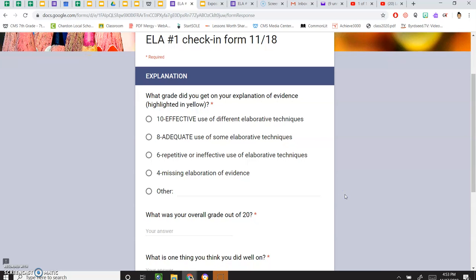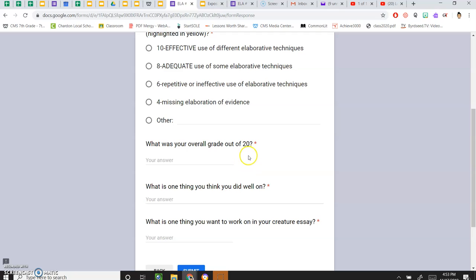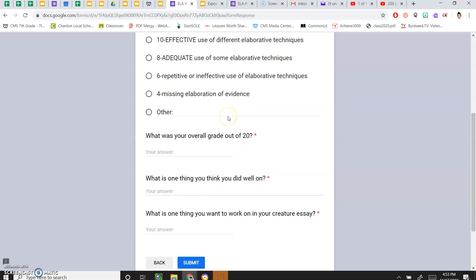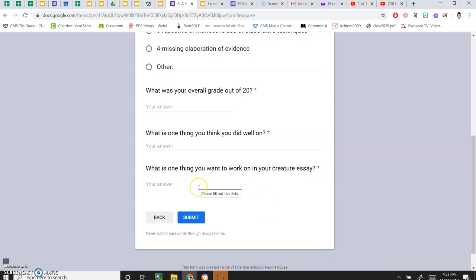So what I want you to think about now is, on the whole, what was your overall grade? So it's kind of an average of how you did on your claim, how you did on the transitions, your evidence, and your explanation, and you'll see your score out of 20 in the top right. I want you to think about one thing that you did very well in your writing, and then think about one thing that you want to focus on, and it would be something that maybe you scored lower on that you want to focus on in your creature essay. Because when you finish this and submit, make sure you submit this because this is your class grade for the